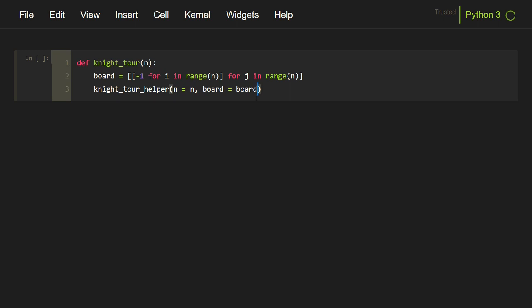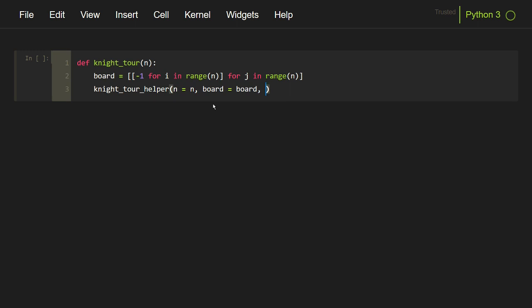And one fact of Python is that if we pass a list, like this board, inside a function, it will be passed as a reference and not by value. So if you are familiar with what is pass by reference, then you will be able to understand why this will work. Pass by reference is just that only a single copy of the board will be passed on to multiple functions, and so all the changes will happen at only one place and there will be no copies created. So that is a good thing because we just want one board in the entire problem.